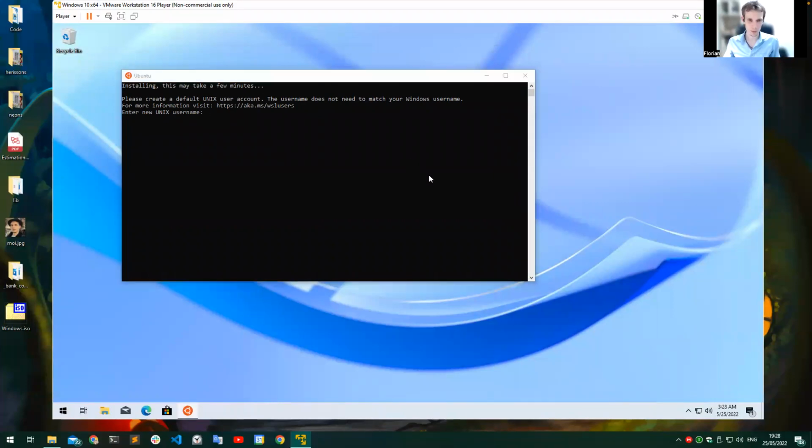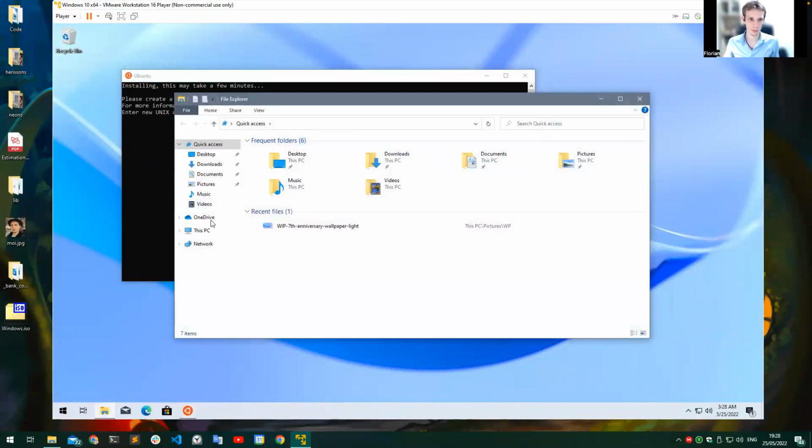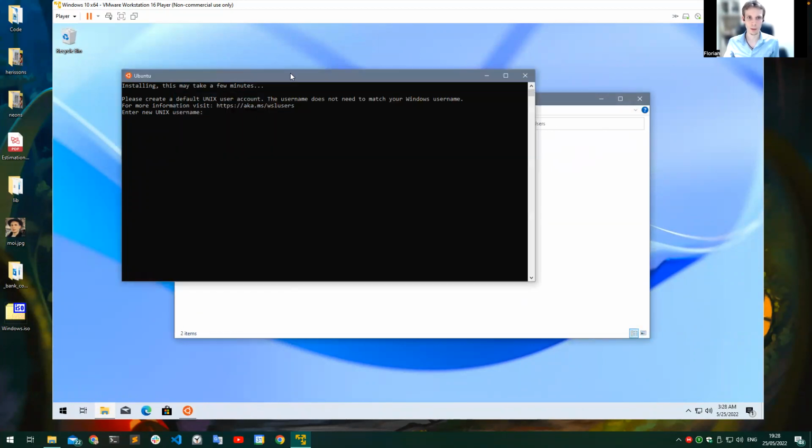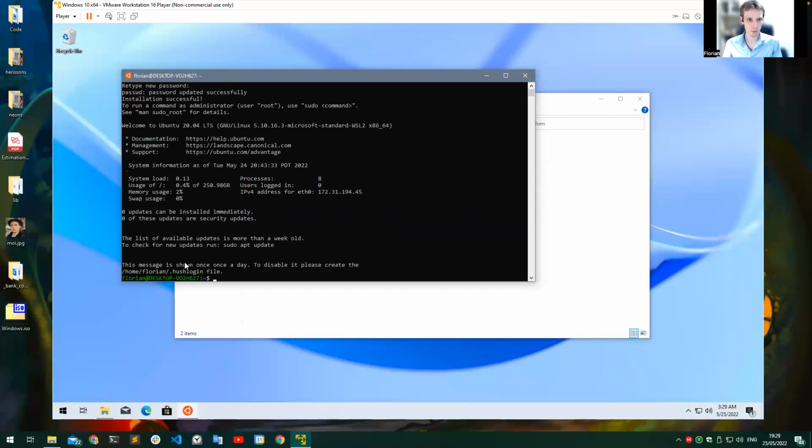So in my case, my username is Florian, right? I can give the same username. Generally better to use a lowercase in Unix. And I will put a password, very basic. This is not the same password as your machine, right? It's only the password if you're installing stuff, modifying, like sudo. And here we are in our